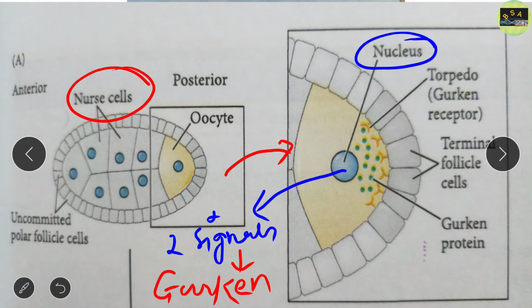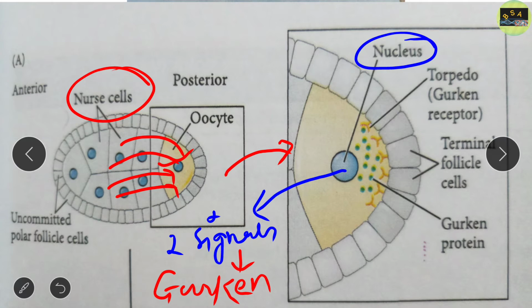But from the nerve cell it is going to be transported into the oocyte, like this. But how is it transported to the oocyte? Here it is localized between the oocyte nucleus and the cell membrane, and it is translated into gherkin protein. Means when the gherkin is synthesized in the nerve cell, it is transported into the oocyte, and in the oocyte it is basically translated into gherkin protein.